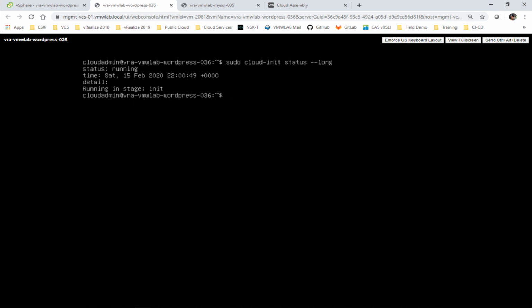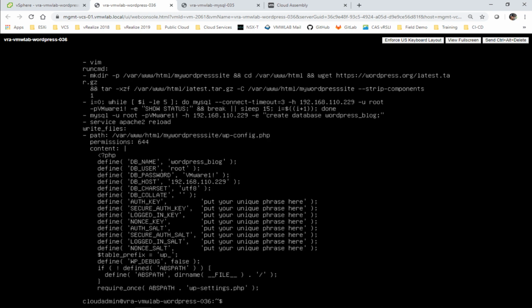So if we do something like sudo cloud-init and query the user data, we should see all the cloud config code, and here you have it. This is the end of the cloud config code for the WordPress front end machine. So if we continue on, let's clear the screen